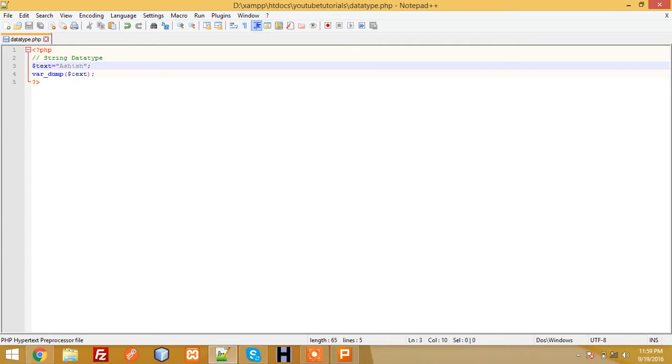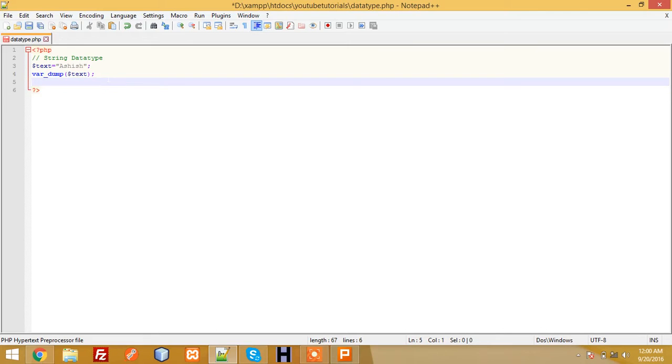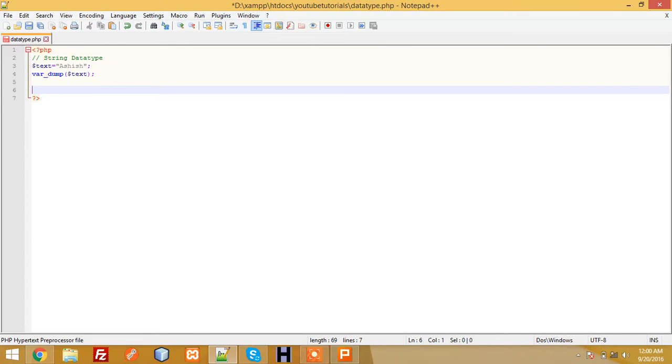As I had told you in my previous tutorials, PHP is a loosely typed language. The data type of the variable is converted according to the values stored in it. So as I had stored a string value, it converted the data type of this variable to string. Now I'll give you an example of